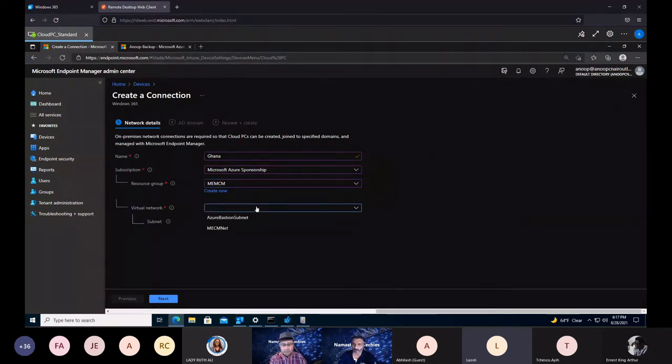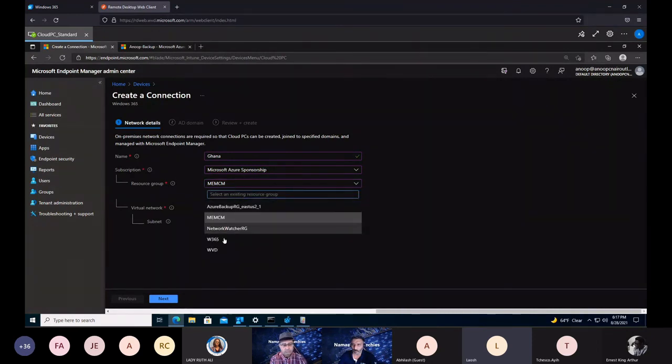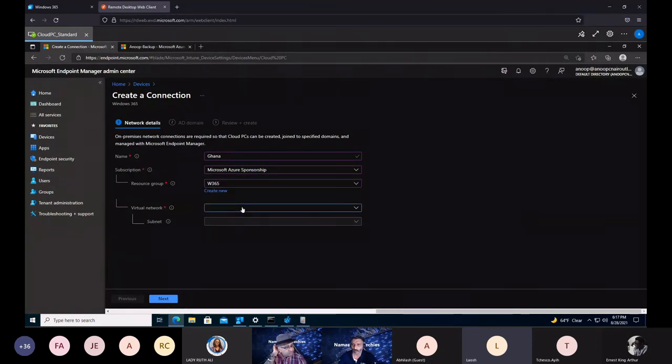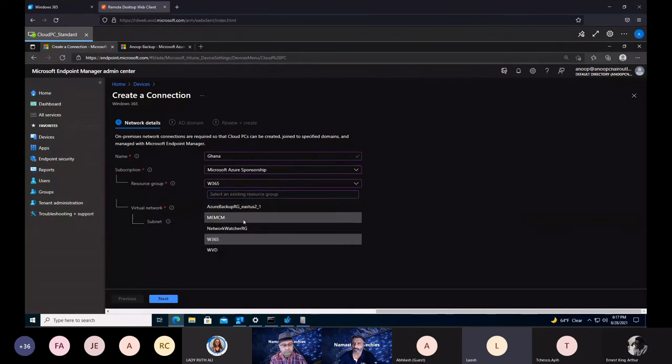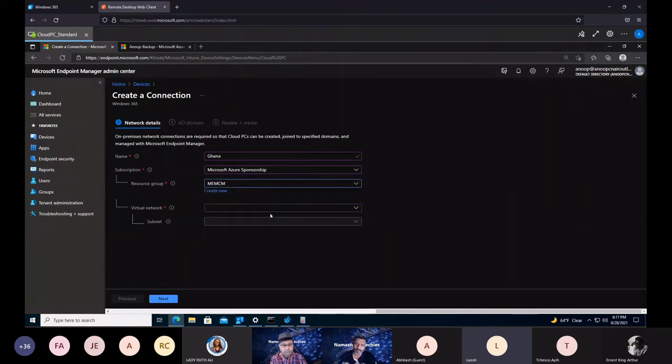That is why, if I select this MEMCM resource group, I would be able to see the VNets inside that resource group, right? If I select something else, probably Windows 365, I probably won't have that. Okay, I still have that. I thought it wouldn't, but I recommend using the same resource group. Otherwise, if your organization standard is something different, you can use a different resource group